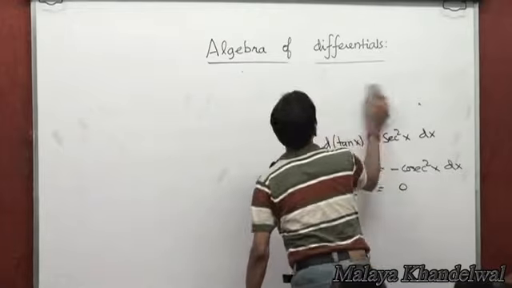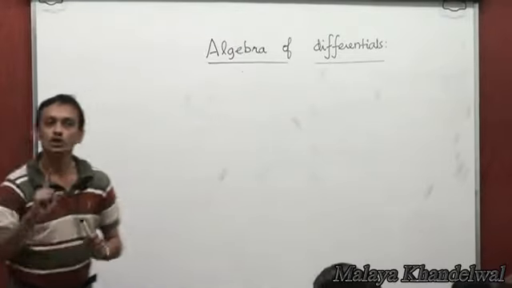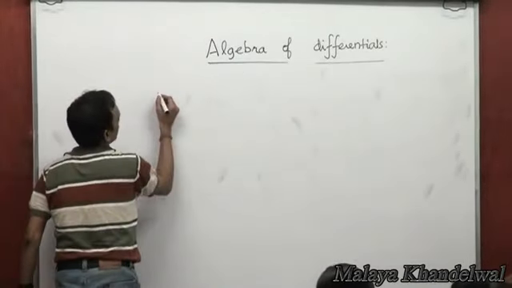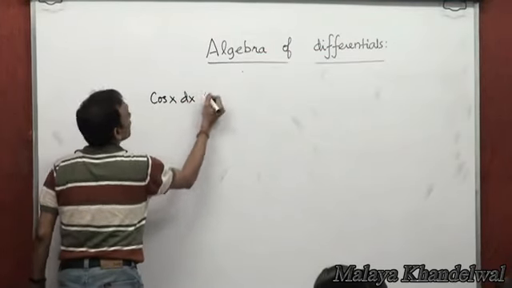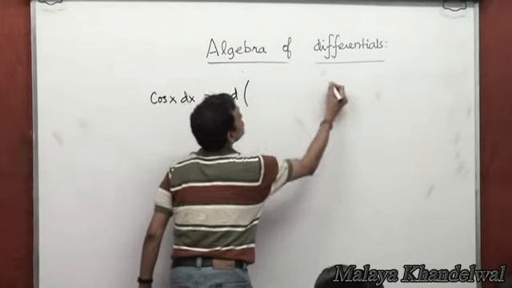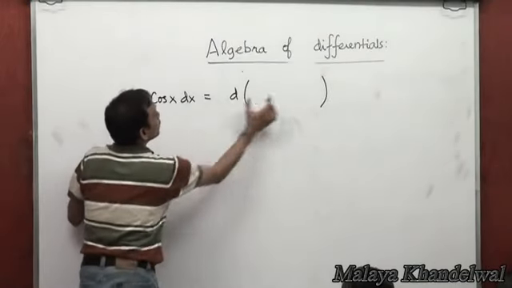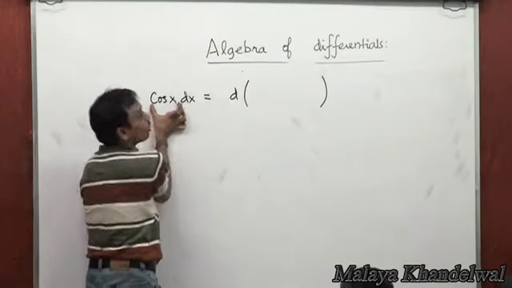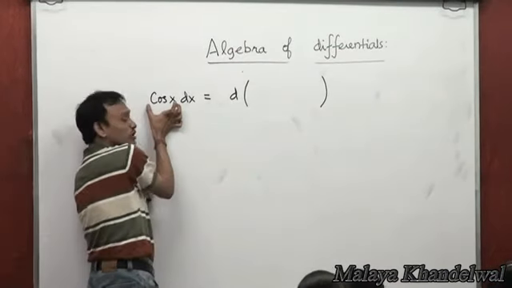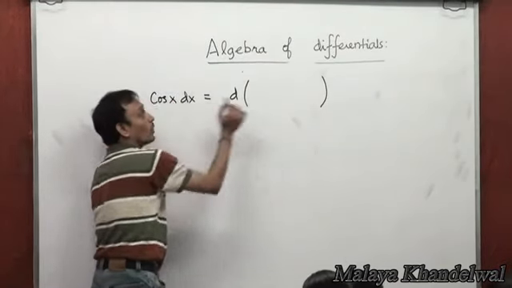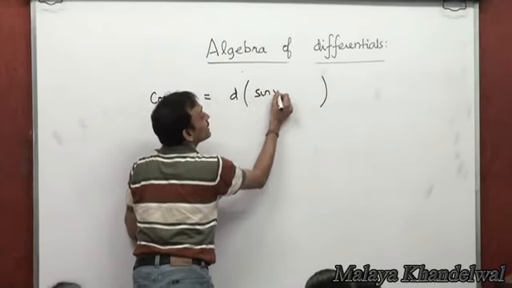And the inverse of this operation is, if I had a cos x dx, and I want to write this as d of something, then I'm going to look upon this as the integral of cos x with respect to x. What am I going to fill up here? The integral of cos x with respect to x, which is sin x plus c